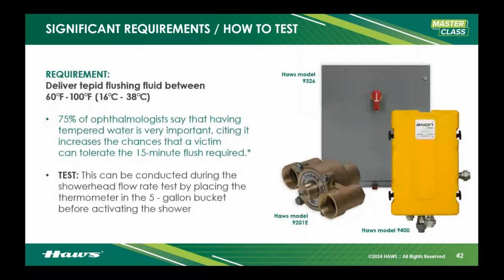Now, the temperature of the flushing fluid has to be between 60 degrees Fahrenheit and 100 degrees Fahrenheit, 16 degrees Celsius to 38 degrees Celsius for my friends up north. Those are some of the tools that you can use there on the right to accomplish that. If you already have hot water, use a mixing valve. If you have a good amount of electricity on site, use instantaneous heaters, or if you have steam, use a steam heater that's instantaneous for the emergency equipment. There's lots of ways to do this.